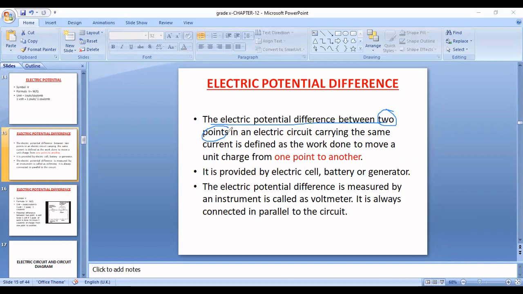And what is electric potential difference? It is also the work done, right? As we studied about electric potential, that the work we do to bring a charge to some position becomes the electric potential. So electric potential difference is similar. It is also the work done to bring the charge, but here the 2 points must be given. The 2 points are fixed, so that we are doing the work done to move the unit charge from one point to another point, from point A to B, means the points are specified in this case.